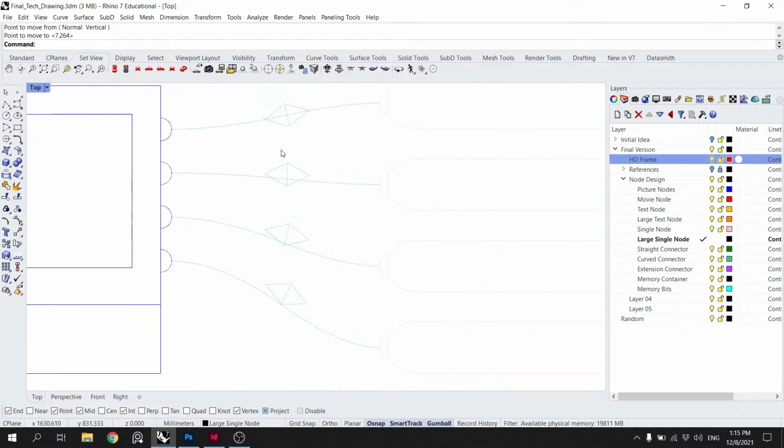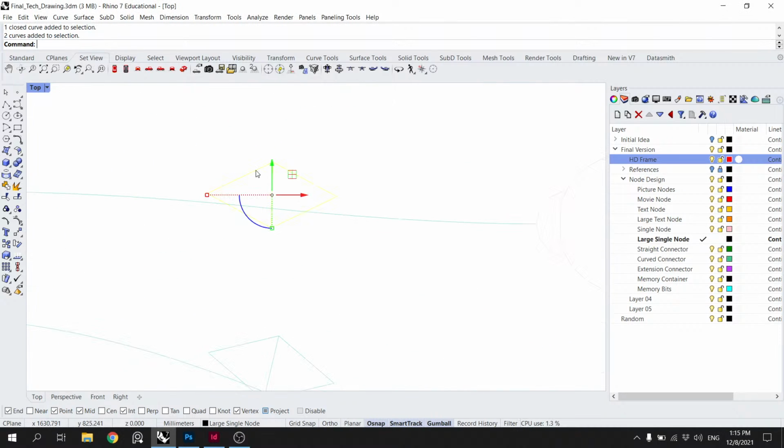Okay, now we have to go fix all these guys. So we basically take them. We turn off the intercept for a sec.